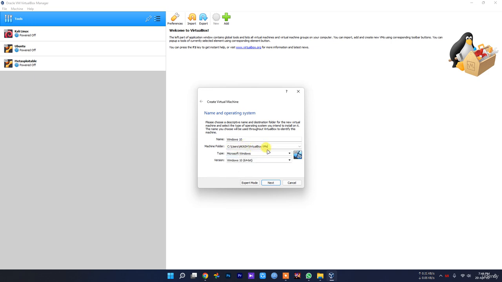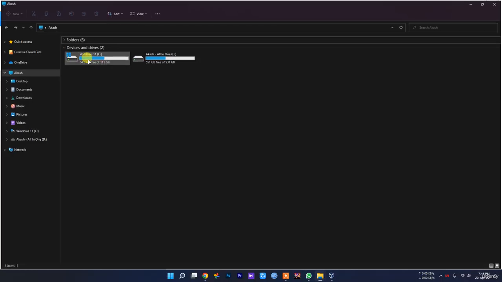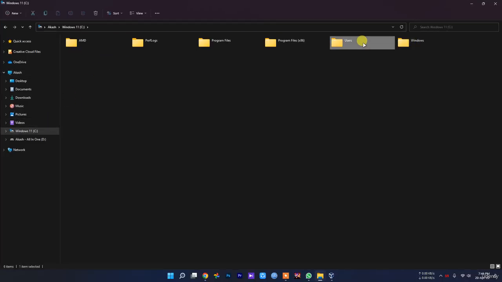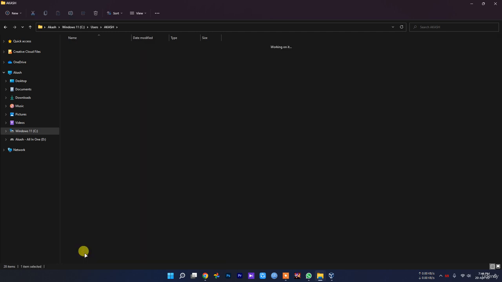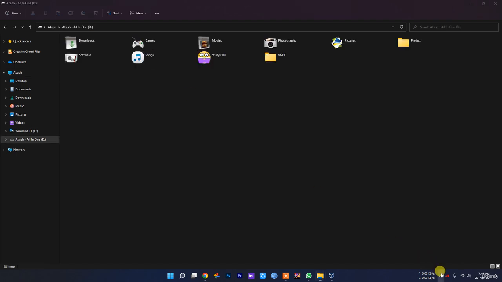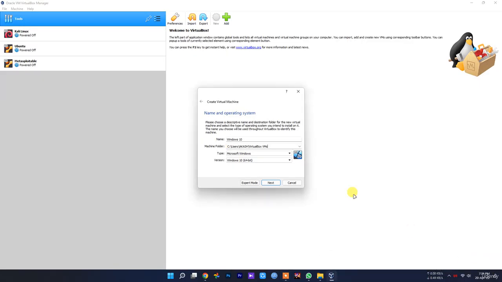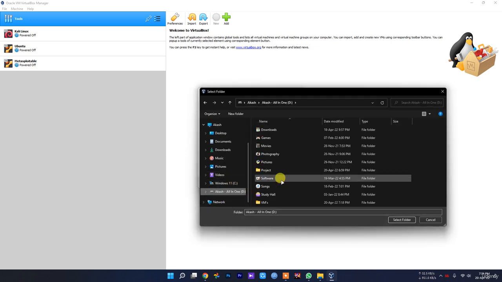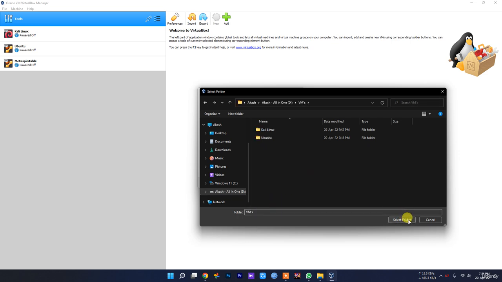Now the machine folder. Should I use this in here? Let me check my machine folder: User Akash, VirtualBox, metasploitable. So no, we are not going to use it in here. Let's select our destination folder where this virtual machine will be installed. So this is my virtual machine folder. Select this folder,